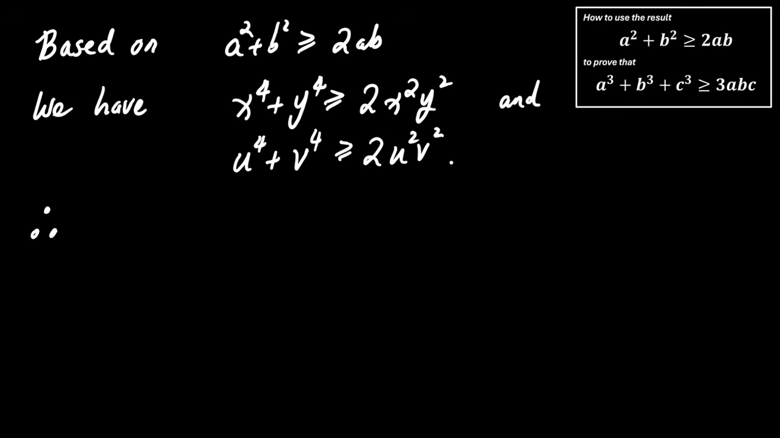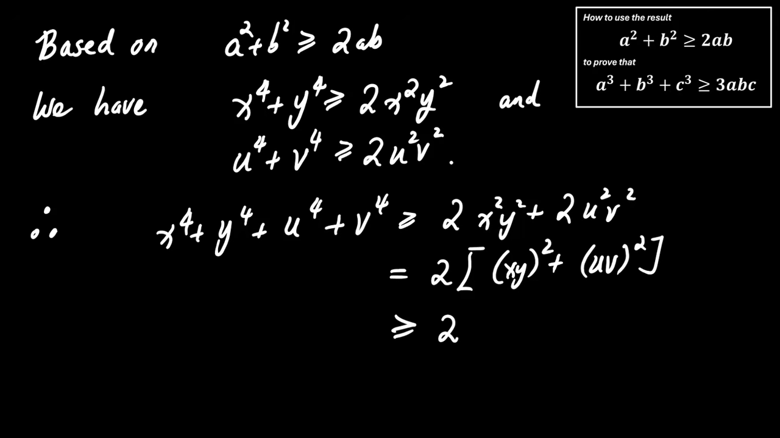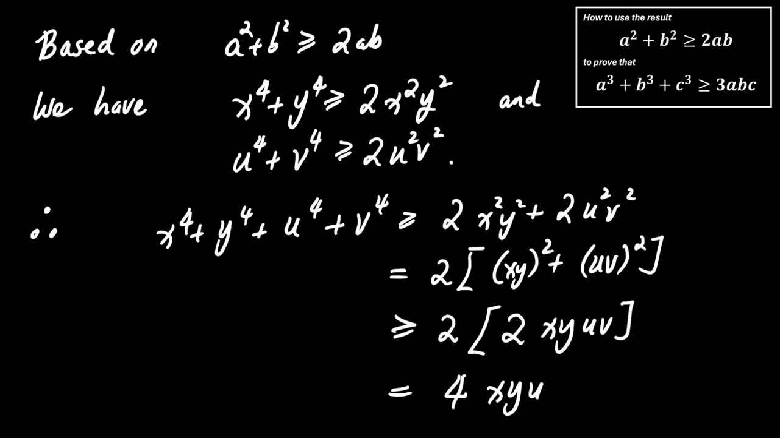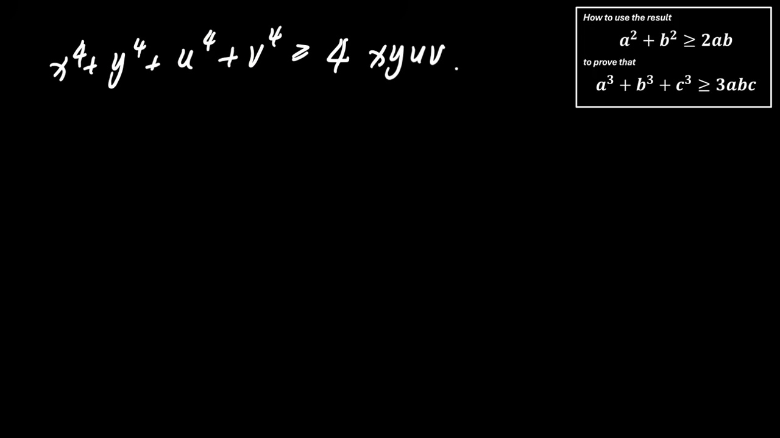Now adding these two inequalities together, we get. Again, applying the inequality to x, y, and uv, we get. Therefore, the entire expression becomes. Now let's make a substitution to connect this back to our original problem. We set